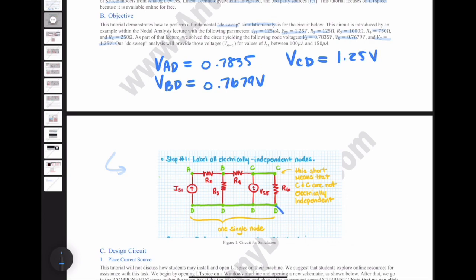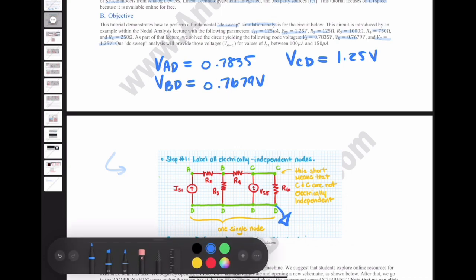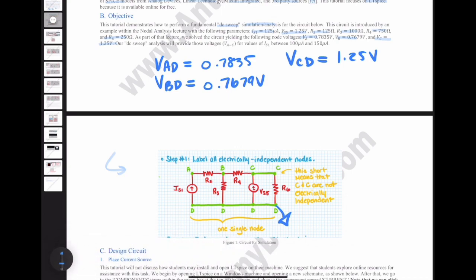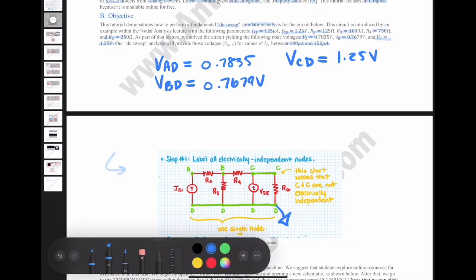And I don't explicitly show it, but I'm expecting your ground to be there, since it's automatically or already being assumed to be the reference node. So our DC sweep is going to provide us with that value as well as a variety of others corresponding to IS ranging from 100 to